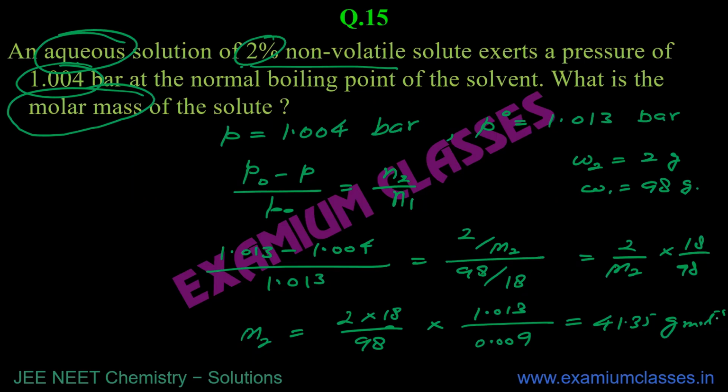Yes, Kasak, you were correct. 98 grams will be the solvent. The question is straightforward, relative lowering in vapor pressure, because initially you had pure water, then you mixed non-volatile solute, so there will be lowering in vapor pressure, and that formula you applied. And as I said, in most cases, if it is 2%, 3%, 5%, up to even 5%, you can neglect N1 plus N2 here. Instead of N1 plus N2, you can write just N1. So you can use this formula.